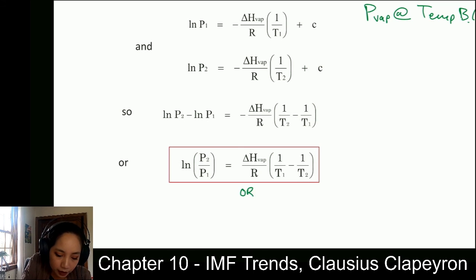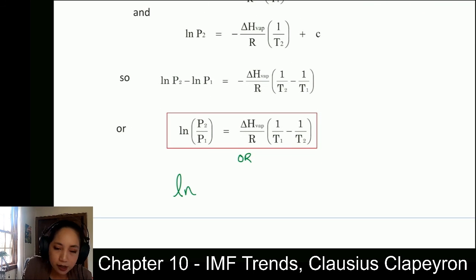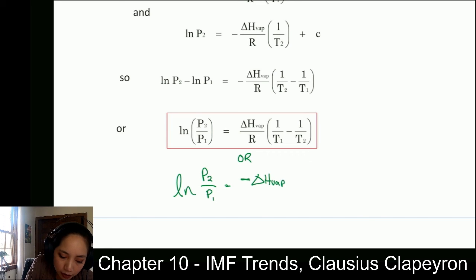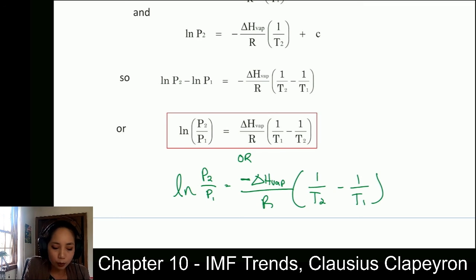Or you can also write, because of the rules with logarithms and inverse functions, natural log of pressure 2 over pressure 1 equals negative delta H vap over R times 1 over T2 minus 1 over T1. Regardless, these are both the same